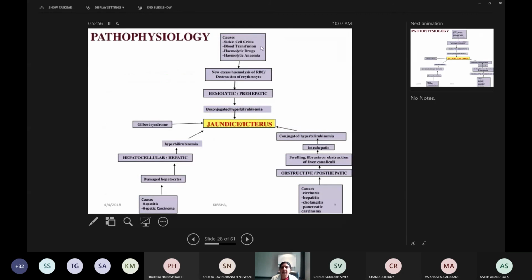So jaundice, basically, it may be because of sickle cell or hemolytic jaundice, right? Or excess hemolysis of RBC will cause hemolytic jaundice, which is called prehepatic, because prehepatic means the cause is not in the liver, it is before the liver. So unconjugated hyperbilirubinemia occurs here. Here the